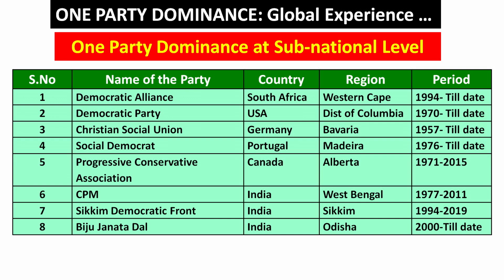Just like that in the United States of America, the Democratic Party has remained in power in the District of Columbia from 1970 since its creation. Then Christian Social Union in Germany, Bavaria state, it is remaining in power from 1957 till date. Social Democrats in Portugal in Madeira 1976 till date. Progressive Conservative Association Canada, Alberta in 1971 to 2015, CPIM in India